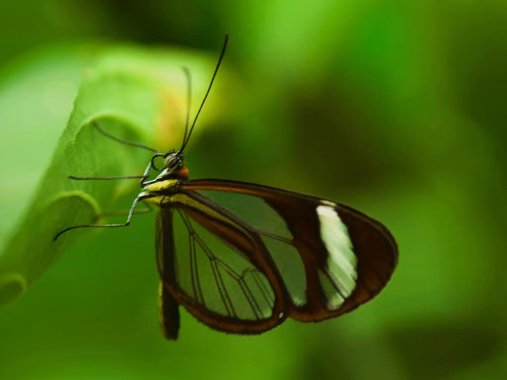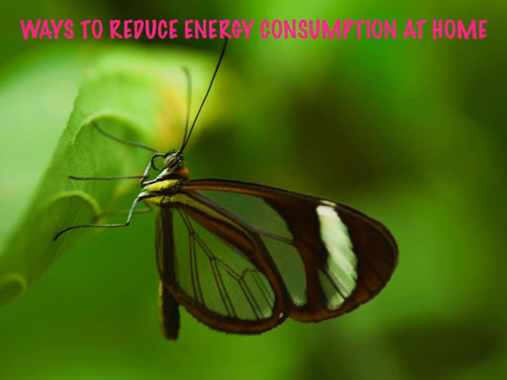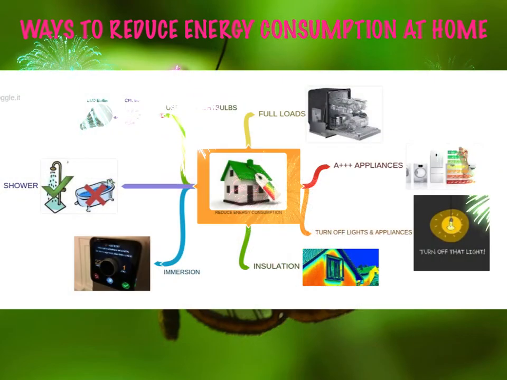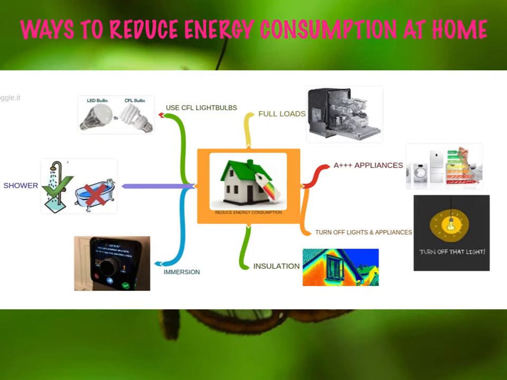So what can we do? Ways to reduce energy consumption at home. Energy in the home is responsible for 30% of energy-related carbon dioxide emissions, which are a primary contributor to global warming. We can reduce energy consumption by choosing energy-efficient appliances such as A-rated washing machines, avoid leaving appliances on standby,